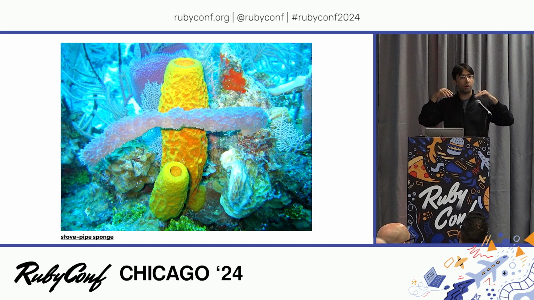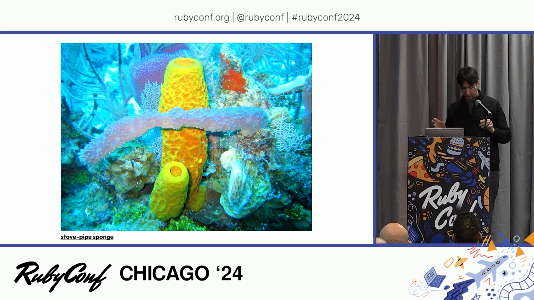And when they're pumping the water through the pipe, nutrients flow, and they filter that and get their nutrients. So rather than needing to go around and get their nutrients, they actually just sit there in a pipe that's made of this collagen, and they get their nutrients. So the structure is not only giving them a distinctive look, you can look at it and say, oh, that's a stovepipe sponge, but it's actually also giving them additional functionality.